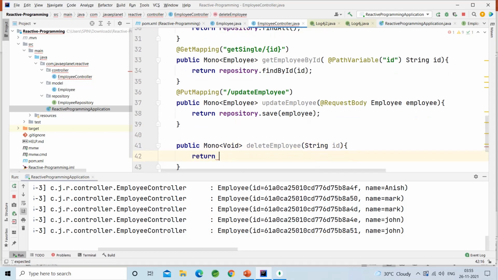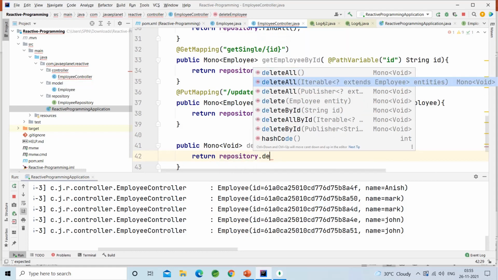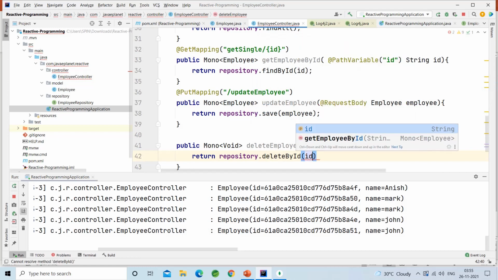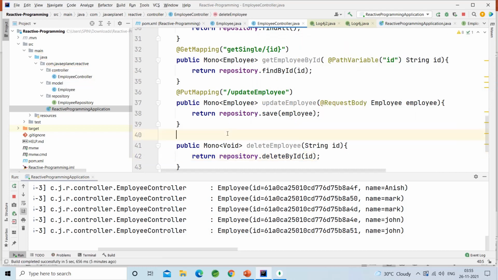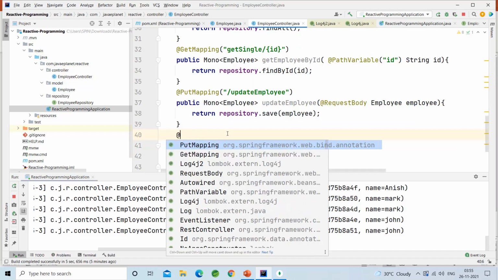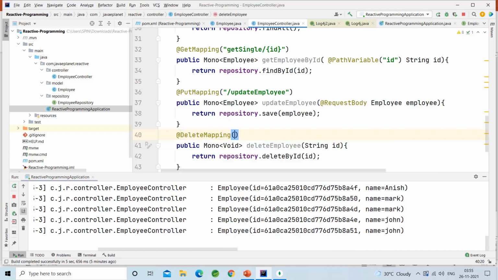Return repository.deleteById and pass the id. That's all. @DeleteMapping, delete slash and pass the id, @PathVariable id.